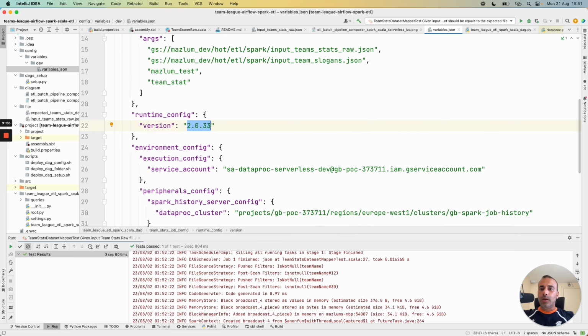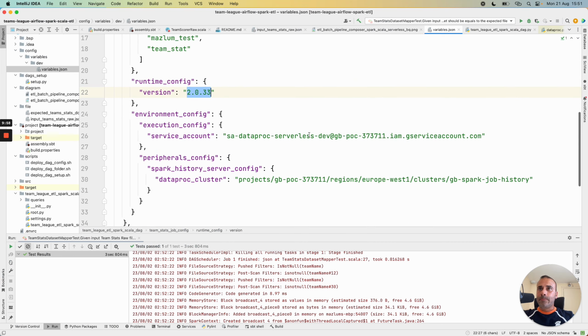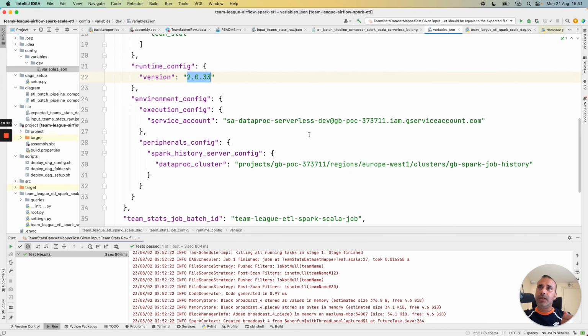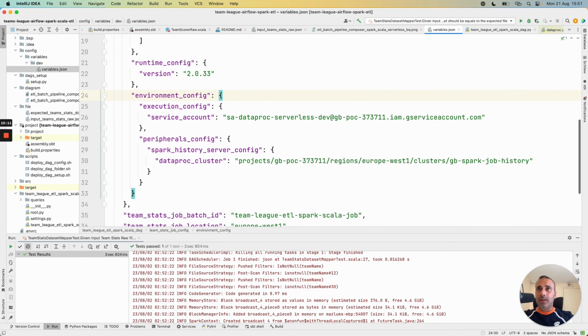To go again in the code, we also can give some environment configuration to our Spark job. For example, we have the environment config node, and in this case, we created a dedicated service account with the needed privileges to be able to launch the Spark job.